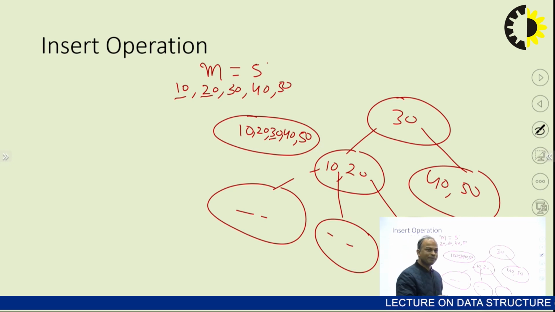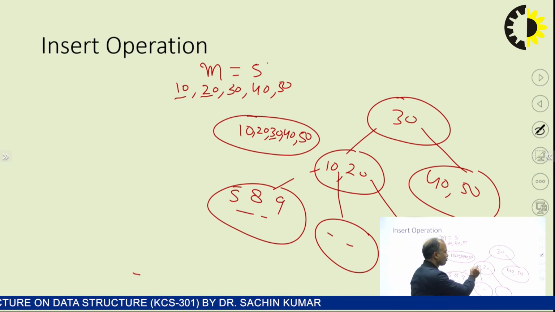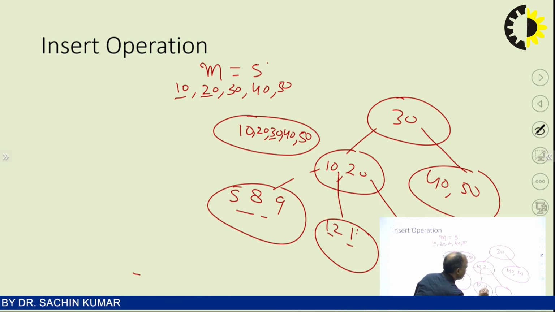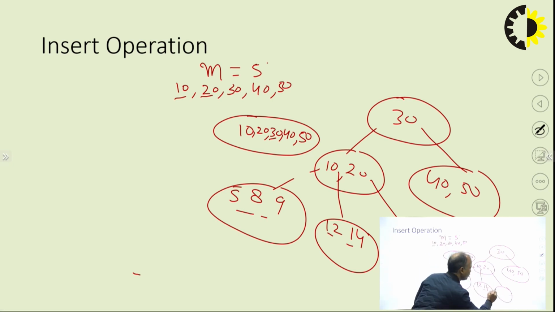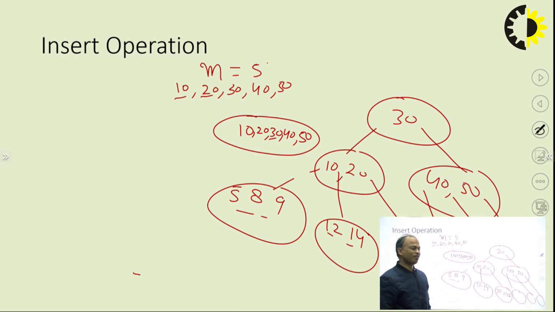We have to remember that all the values here should be less than 10, I mean values should be 5, 8, 9, like this. Here values should be between 10 and 20, like 12, 14, and here values should be greater than 20 and less than 30. Values may be 25, 27, 28, like this, and further it has 3 children. So if you see here, all leaf nodes are at the same level, and a non-leaf